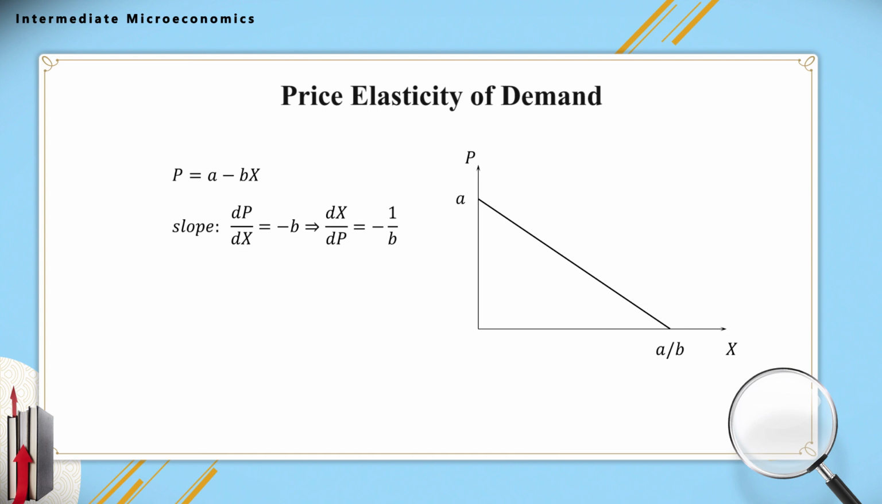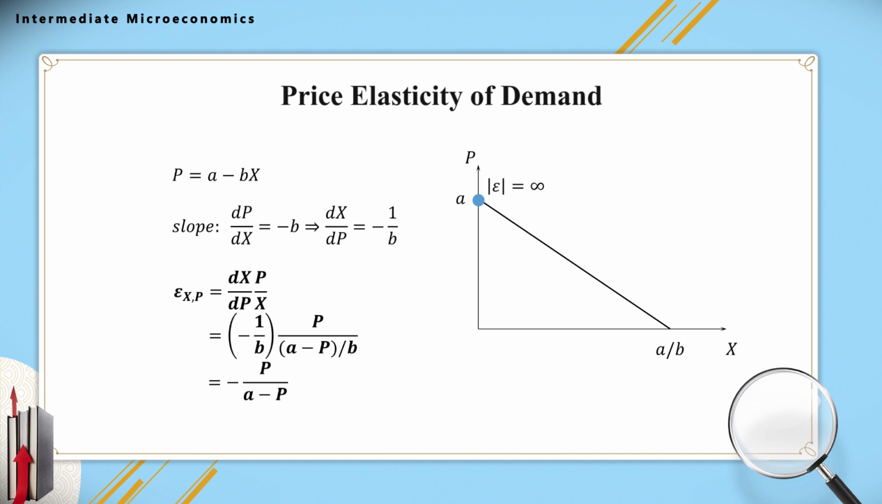Substitute quantity, price, and the derivative into the formula of elasticity. The result shows that the price elasticity of a linear demand curve is not a constant, but a function with respect to price. At the vertical axis intercept, P equals A, the demand is 0, and the elasticity is infinite. When P equals A over 2,